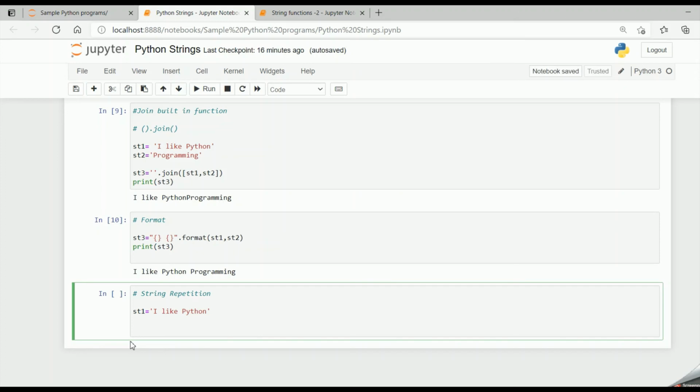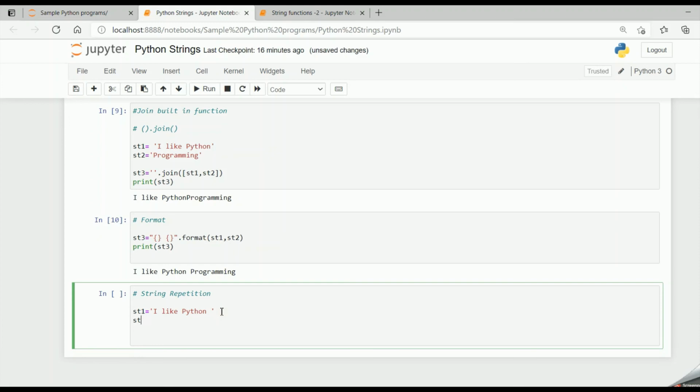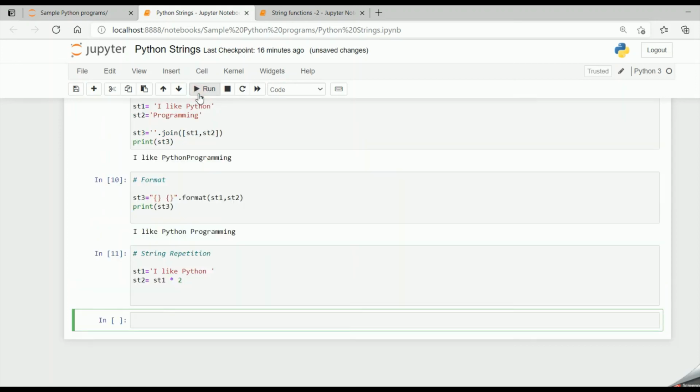Now I want to repeat it twice: I like Python, space, I like Python. So I give a space over here, and now I say st2 equal to st1 into 2. So string 1 will multiply 2 times. So it will repeat twice. So now when I run this code, I get the result.